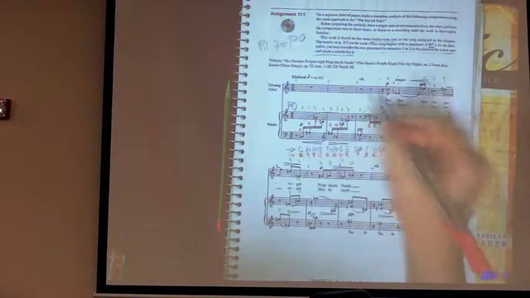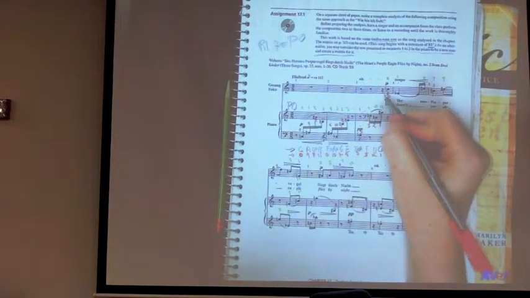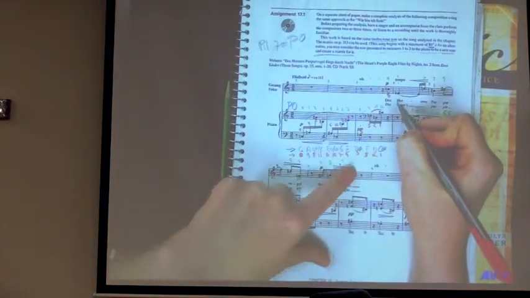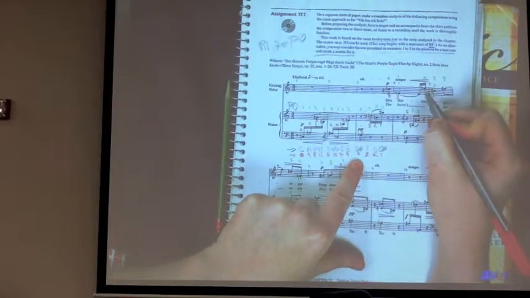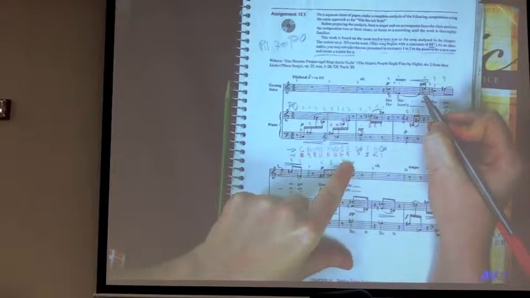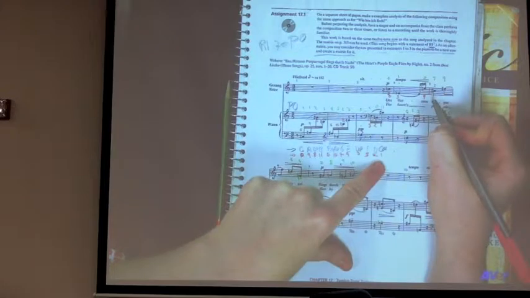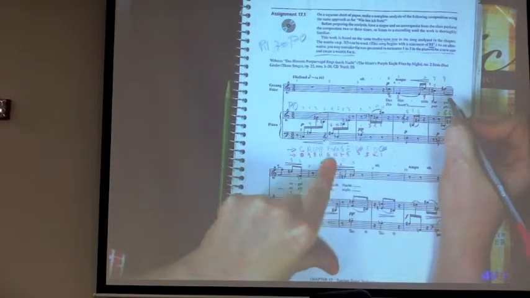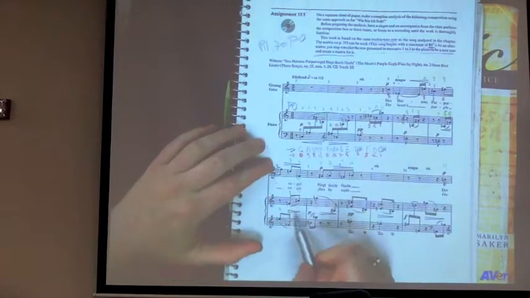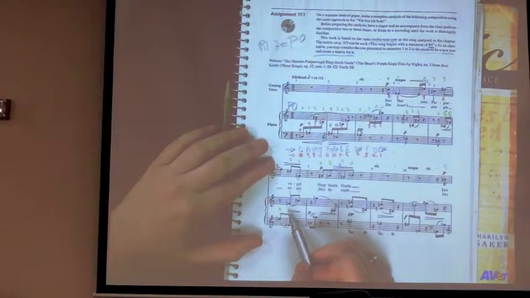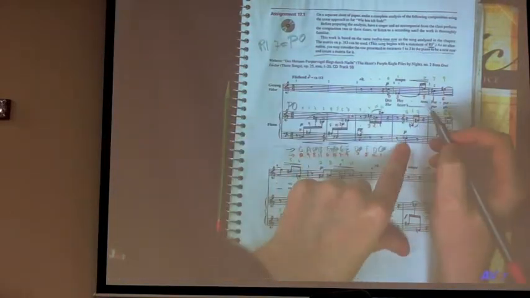So in this case, we've got C is going to be 0. Again, E flat, find our E flat, or D sharp, 3. Right? E natural, find your E natural, 4. Right? C sharp, it's going to be 1. F sharp, 6. Okay? And then here is where it can get a little confusing. So let's look at